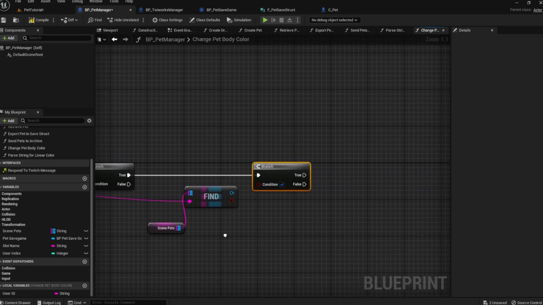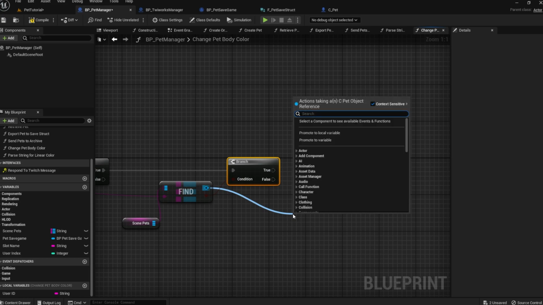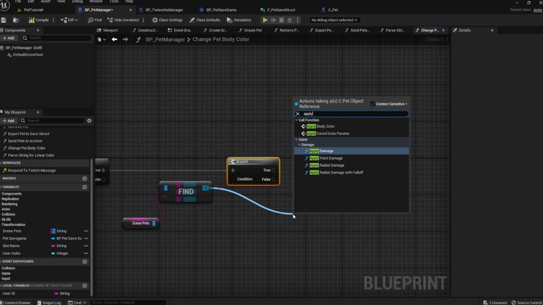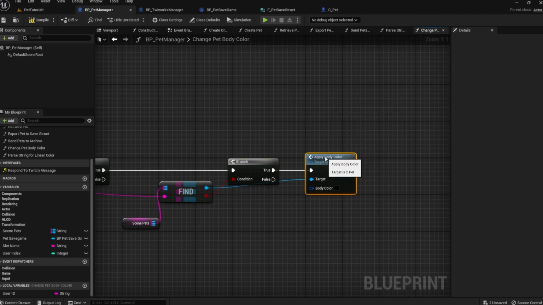And so plug the second one into the find node so that we do this if we find the correct pet. Then drag off of the pet actor pin on the find node and search for the apply body color function that you made for it, and then plug that into the true branch here.